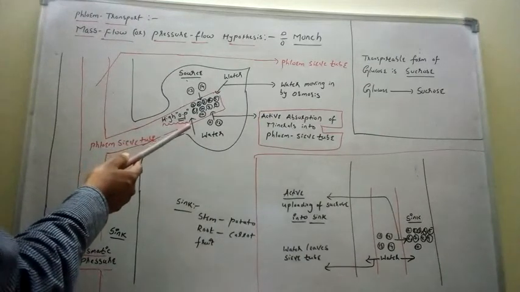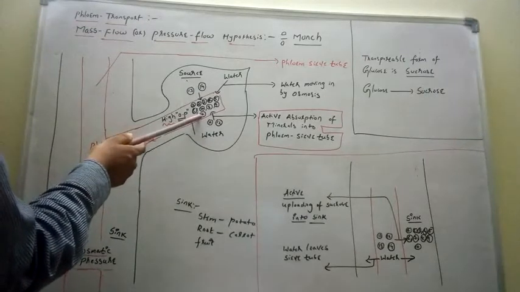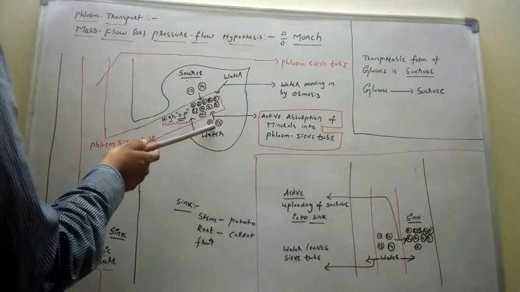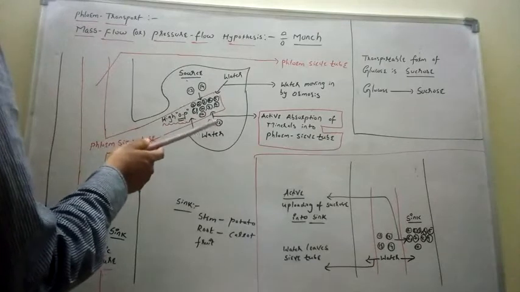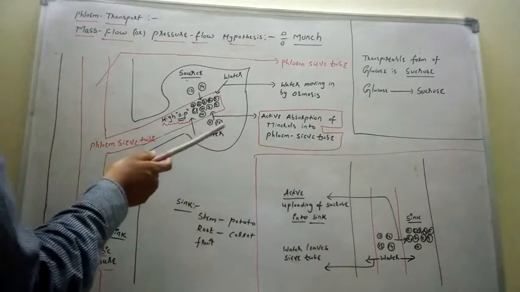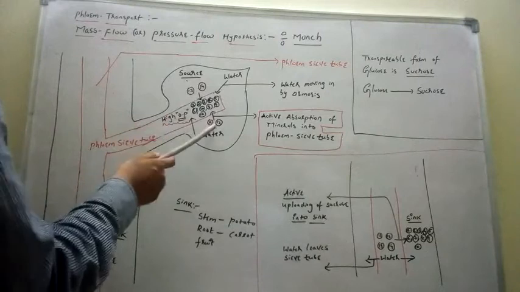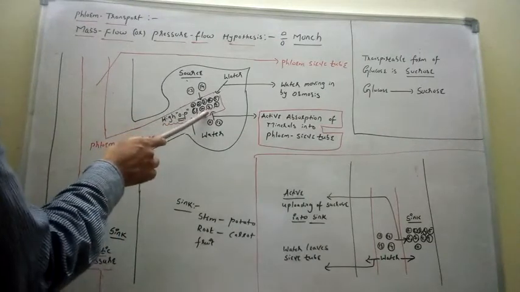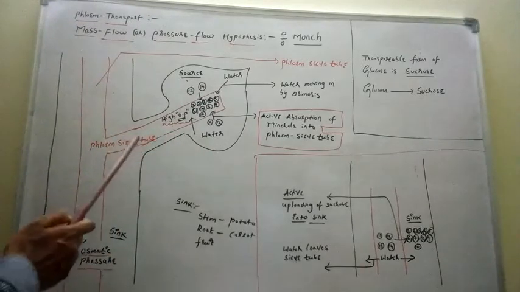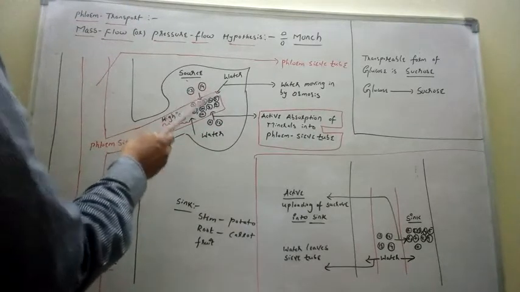Now if you see the sucrose molecules, already 10 sucrose molecules have entered the sieve tube. Now if the 11th and 12th sucrose molecules want to enter the sieve tube, outside the sieve tube how many are there? 1, 2, 3, 4. Inside the sieve tube, 10. That means the sucrose molecules are entering from a region where 4 sucrose molecules are present, that is low concentration, into the region where 10 sucrose molecules are present, that means high concentration. So here the logic is very simple. The sucrose molecules are moving from a region of low concentration into a region of high concentration.